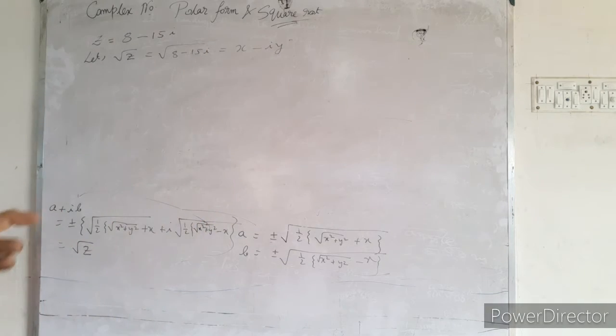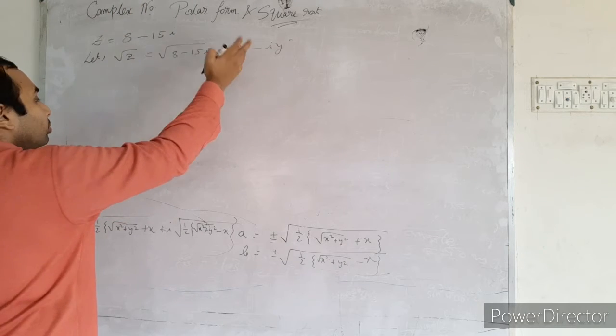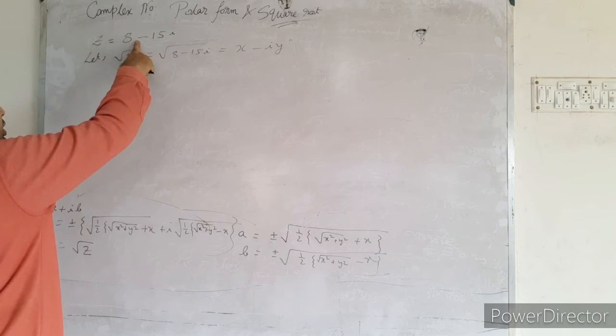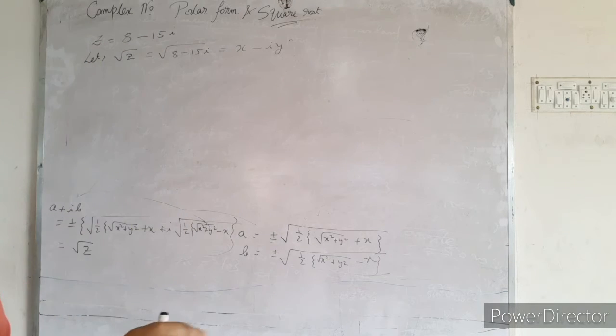Actually I have shown you the theoretical part with the plus. You can take plus here also, no problem, but you have to look at the sign of the imaginary part in the middle. If it is minus, then it is better to take x minus iy, then the calculation will be a little bit easier.